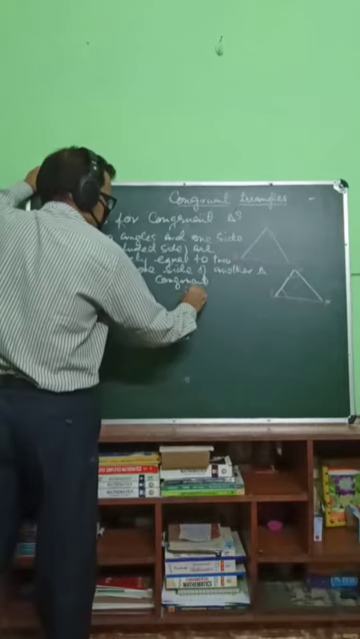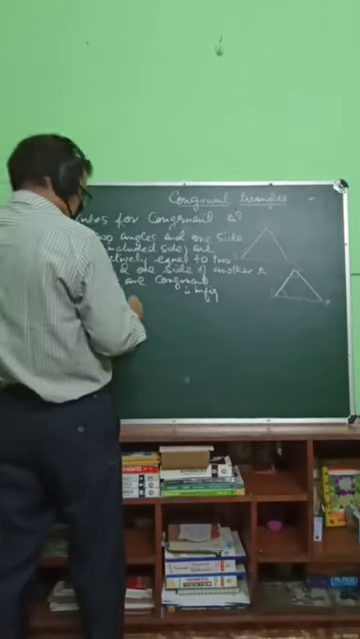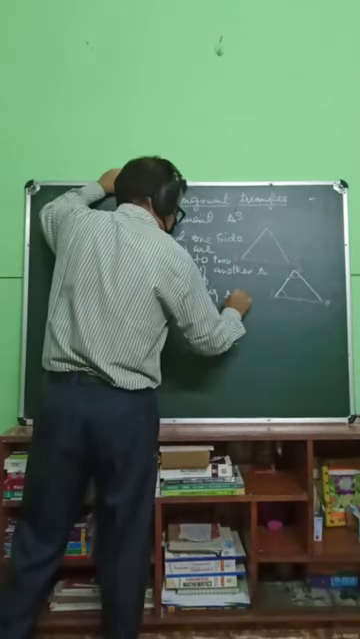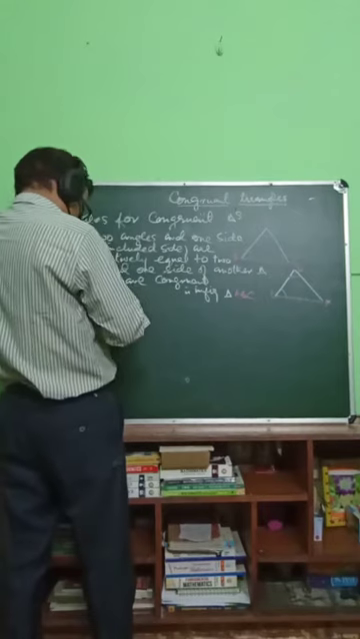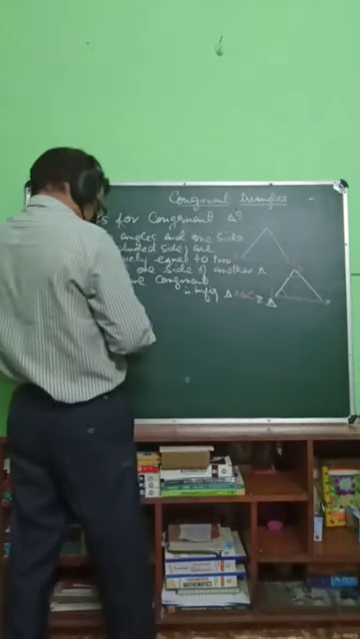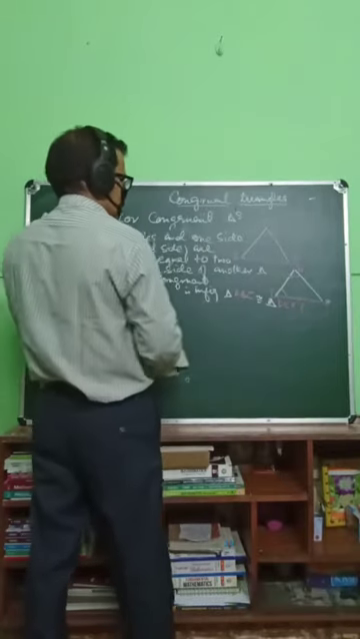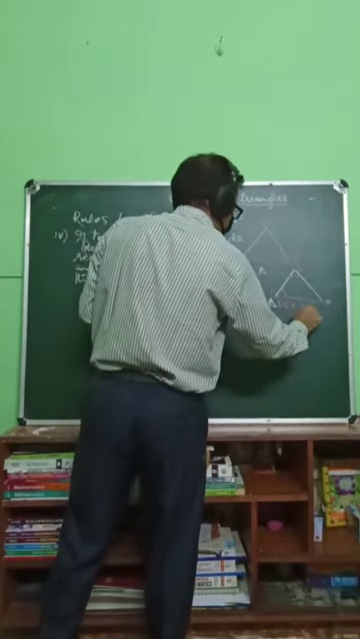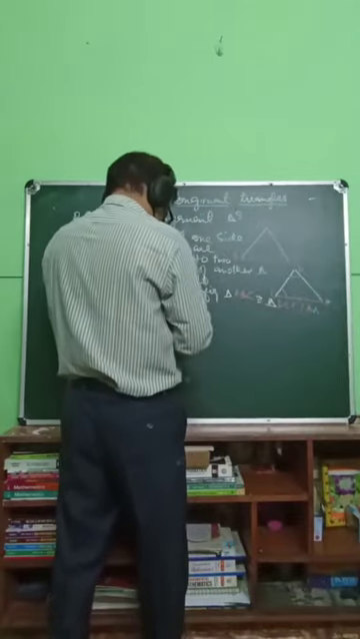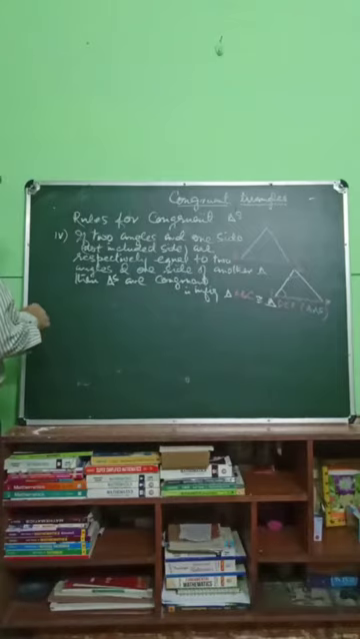Therefore, in figure, this is fourth here, triangle ABC is congruent to triangle DEF by rule of angle side and side. Now fifth one. What is fifth